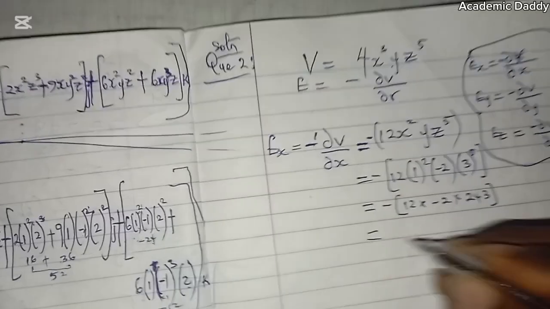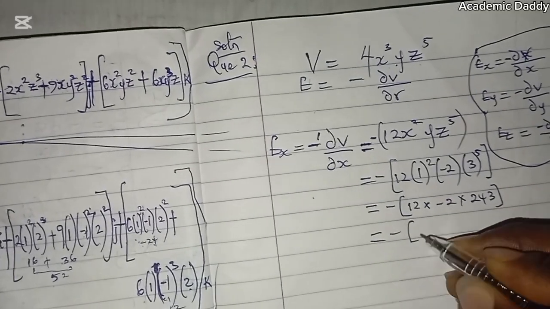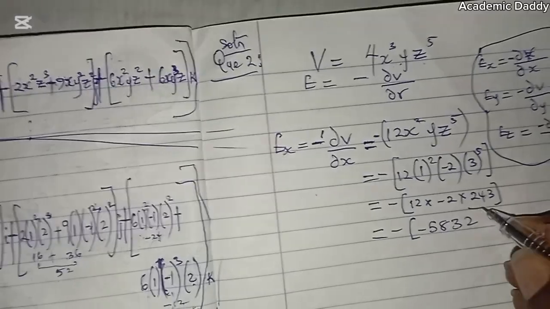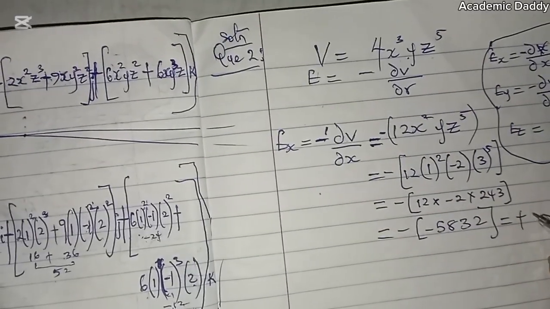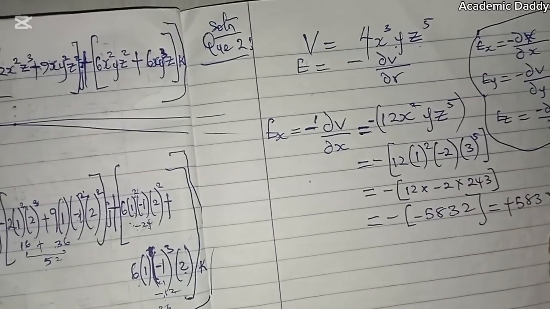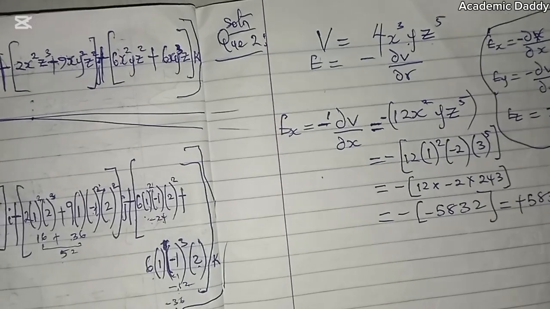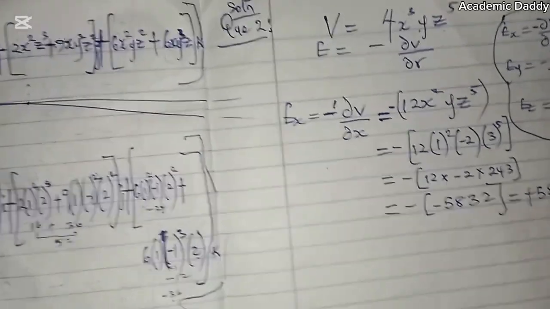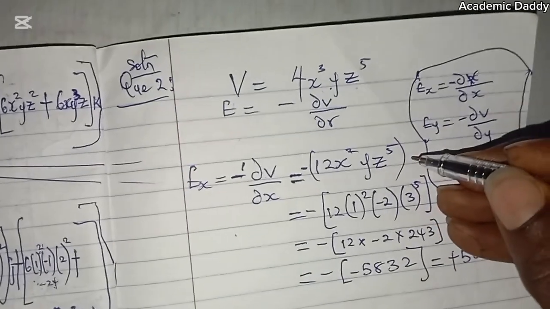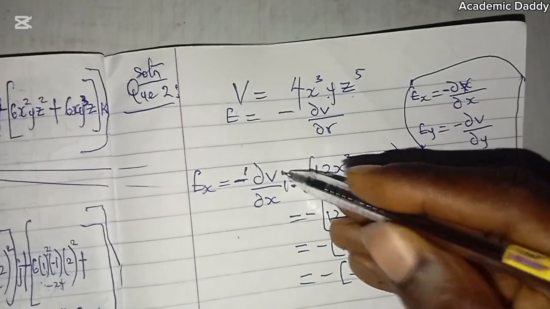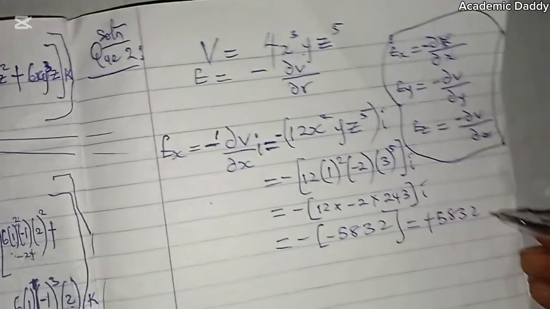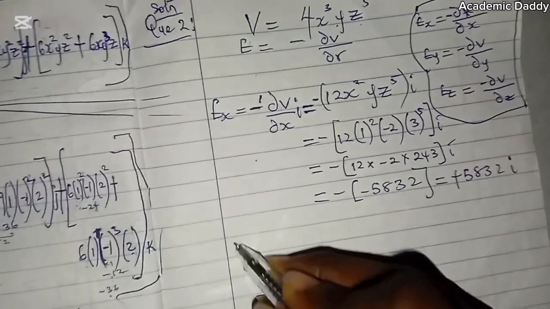So I have equals to minus 5,832, which means here it will be plus 5,832. So I remember that everything we are doing here is supposed to be having i. That is what shows that it is a vector. So i. Now on the y-axis,